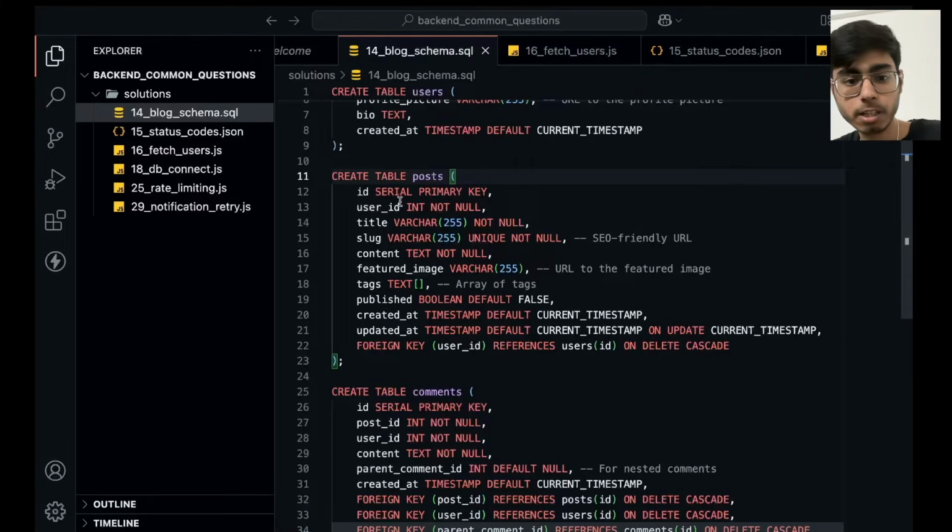Again, ID is my primary key, then user ID, title, and slug. A slug is like the URL of your blog. Let's say it is www.akshadhanblog.com/blog ID. That ID will be very non-human readable, so you can define a slug so that humans can read that URL. Let's say the URL will be www.akshadhanblog.com/blog=agent-LLM-evaluation. This is the slug. I basically replace the whole string with a slug, which will be unique for every blog.